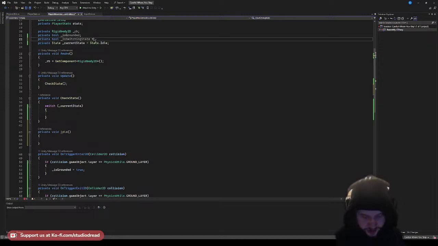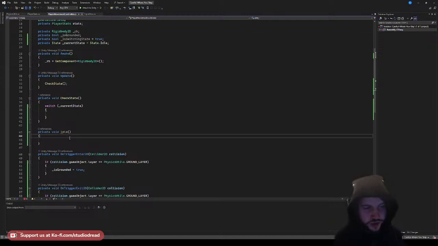Is switching state is true by default, because we want to do the first switch state things the first time we switch. So we just want to say if is switching state,